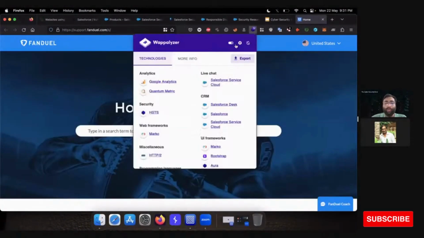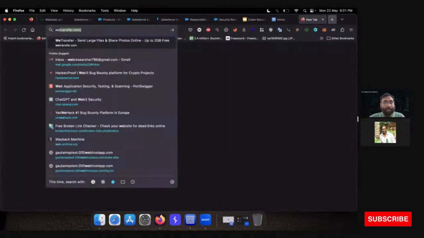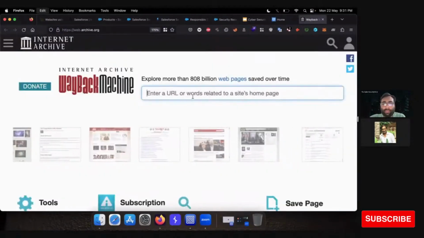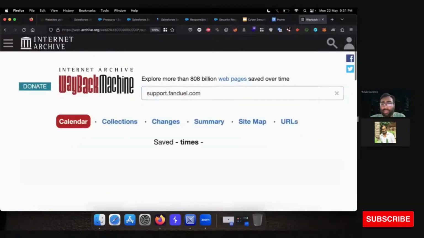Now what we can do is, what if some websites are using Salesforce CRM? You can first find subdomains, then find links and search for sensitive data. Let's give this URL in our website, web.archive.org, where you can find some possible links manually. Let's copy this domain. This website is integrated with Salesforce CRM.